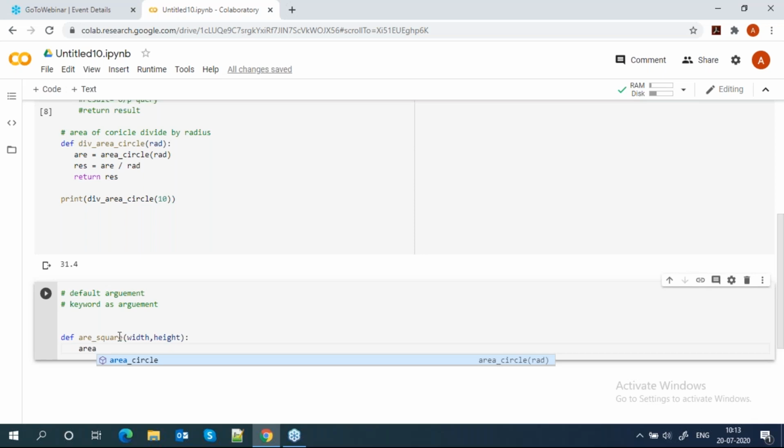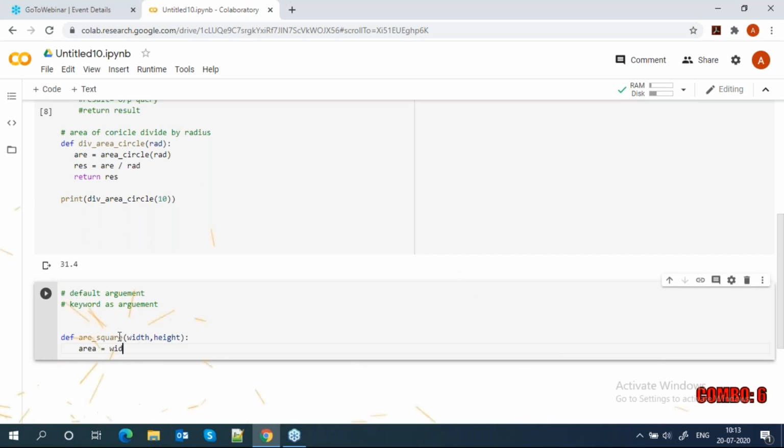Yes, square is width into height. Width into height, no? Yeah. So this is right.